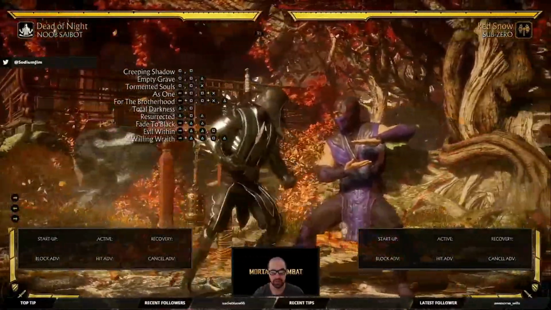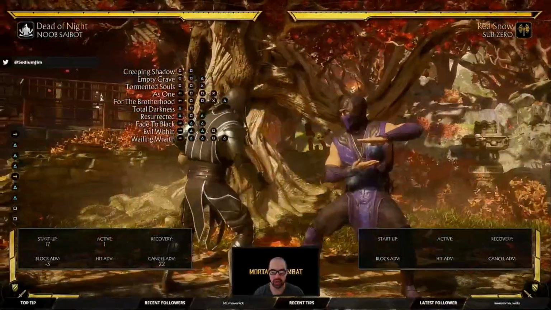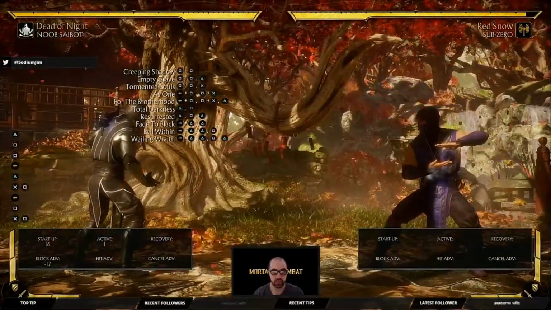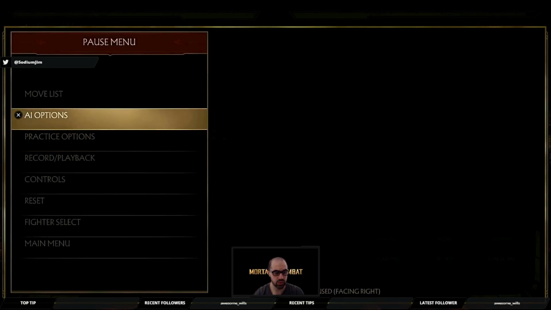A lot of his stuff is really safe, if not by frame data, then by virtue of it pushing you far enough away that you probably can't do anything about it. Okay, so that's Wailing Wraith, and then I think he's only got 2 more